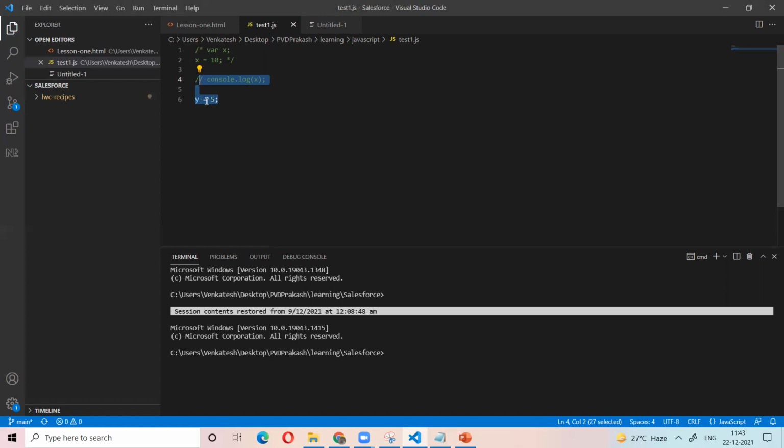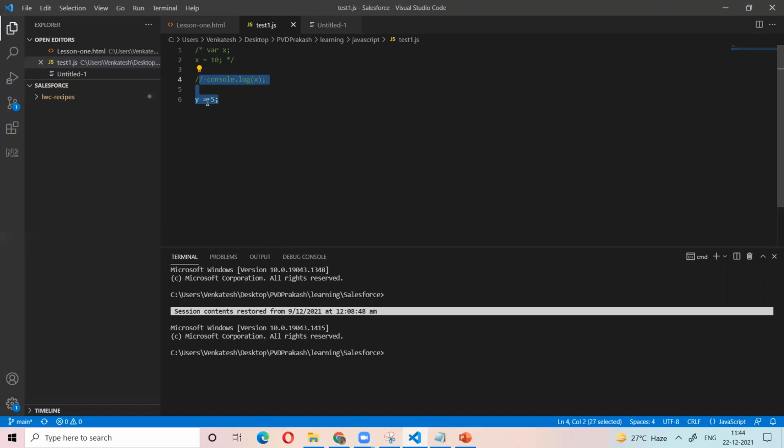Now data types. What are the data types? And what is the data? Data means something we store in the memory. For example, we have a cupboard, and we store our things in that cupboard. So the things are the data. We have a purse, and we put our cash in that purse. So here cash is the data. It is the same concept: what we store in the memory, that is the data.